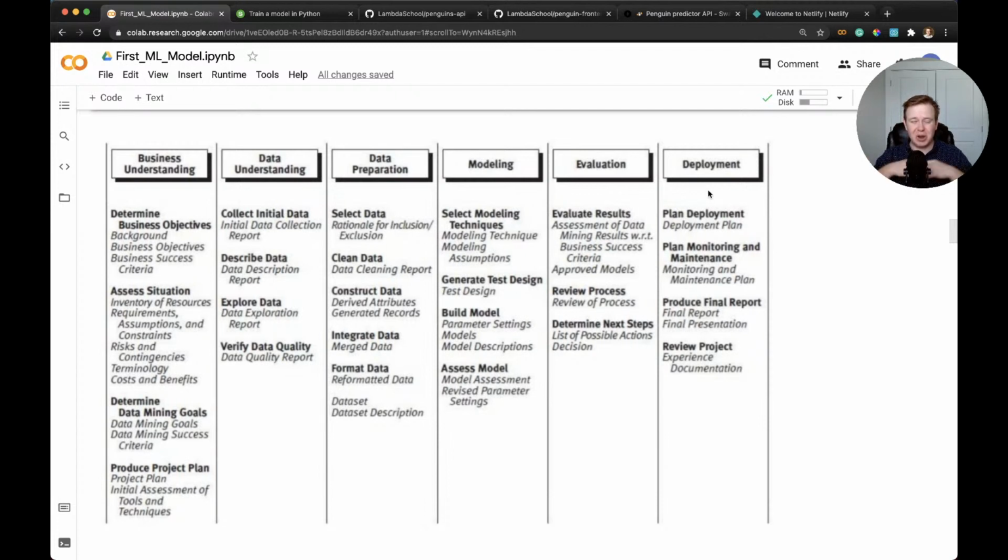All right. So, one word of caution here. This may seem like a good linear process. You start here on the left-hand side, you end up at deployment, and everyone's happy. Well, that is somewhat true. At any step in this process, you could run into a roadblock and have to go back to a previous step. Okay? Maybe you get all the way to model evaluation and you learn, oh no, my model didn't perform